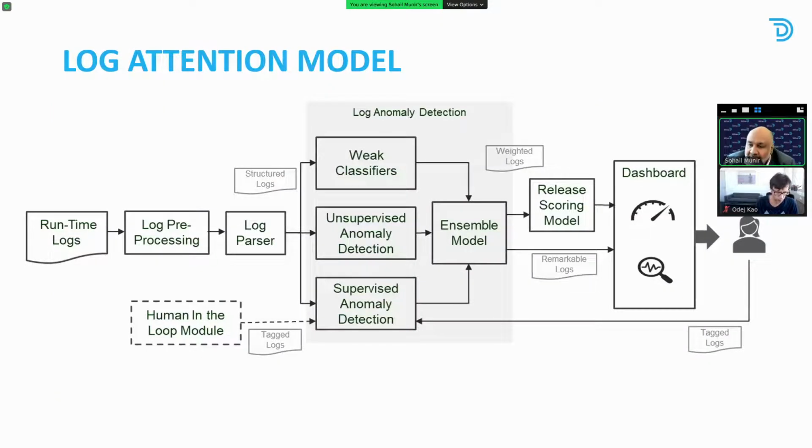So we were going to use state-of-the-art log parsers to parse the raw logs. So runtime logs, we send to log parsing, and we use an existing log parser. One of the limitations we accepted was using something that is available as open source. And then that's where our model comes in. It was a hybrid model where